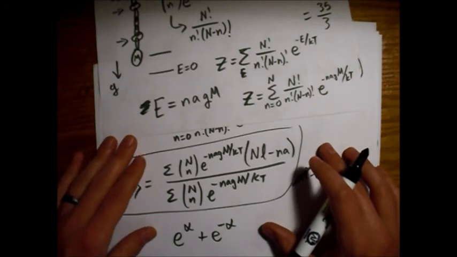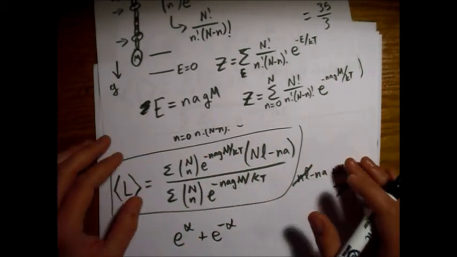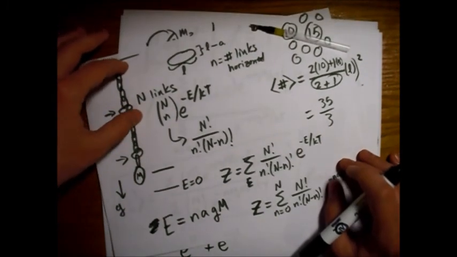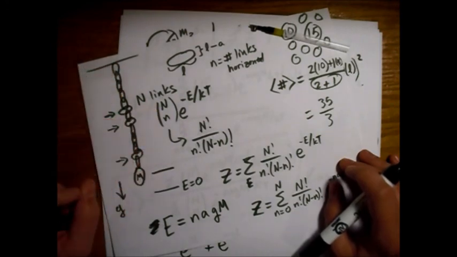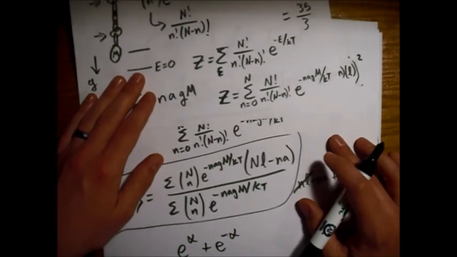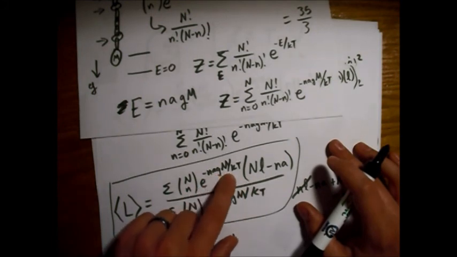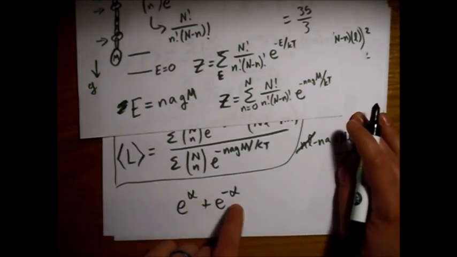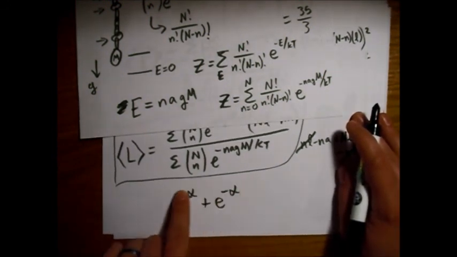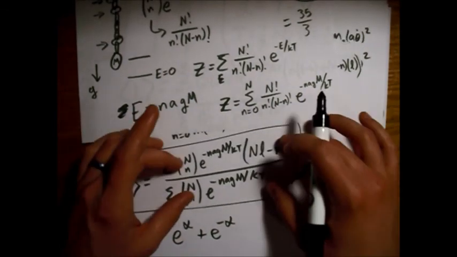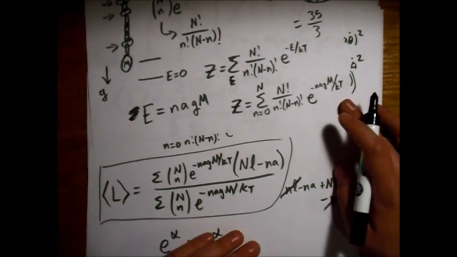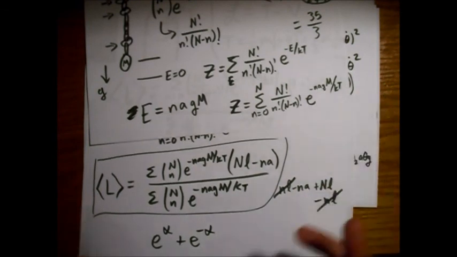So lots of times when you have an answer like this, if you were to pick an energy like halfway in between to be your zero, you would get two different energies, one that's positive and one that's negative. Sometimes you can get a positive and a negative, like in this little example, and make your answer nice and pretty with a hyperbolic tangent or something like that. But still, I think this form for the answer kind of illustrates what the